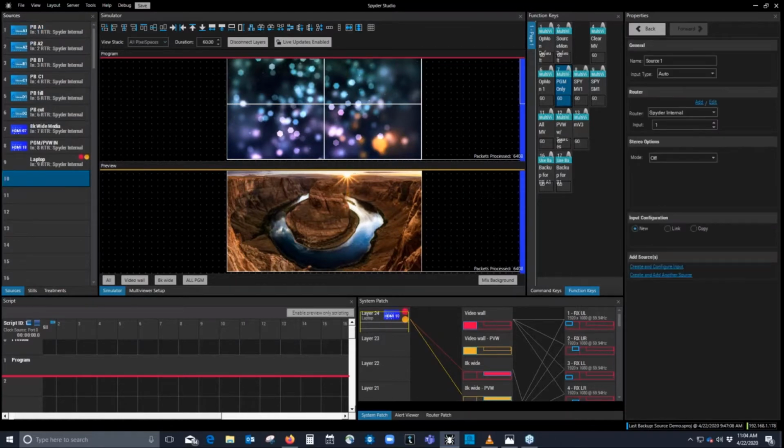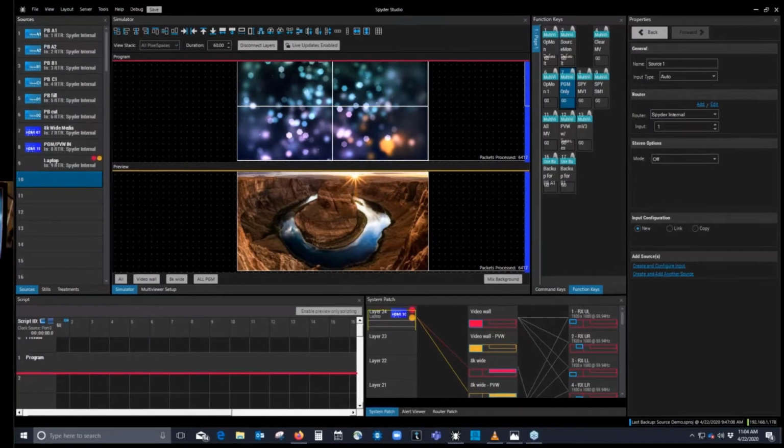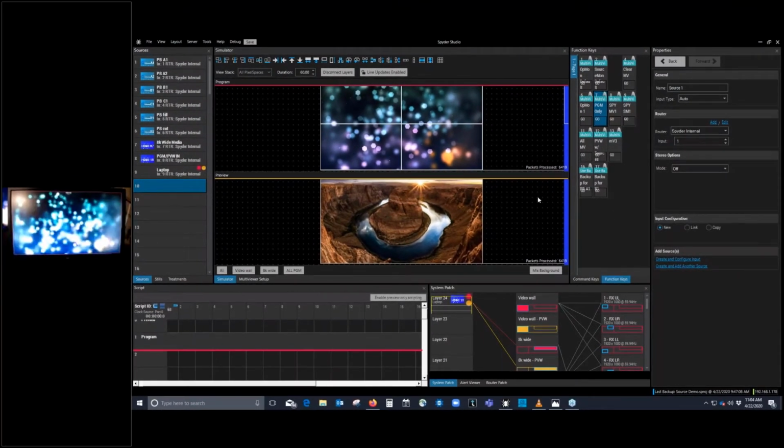Okay, I'm going to flip my camera so you can see my multi-viewer monitor, and so you can follow along with the source configuration. So let me do that. There's my multi-viewer. It's just representing the program of the video wall. When I highlight the empty slot here,